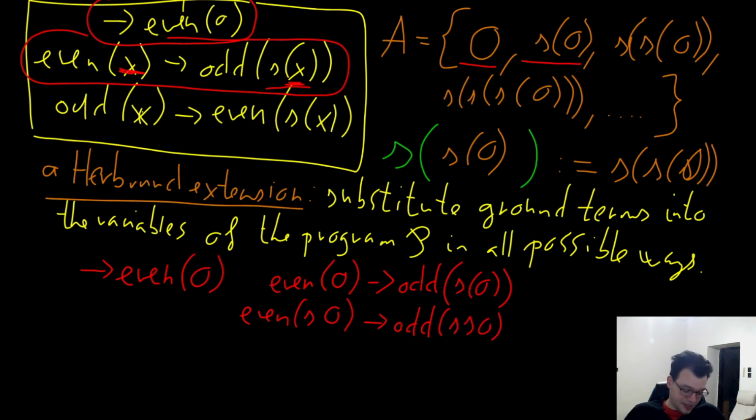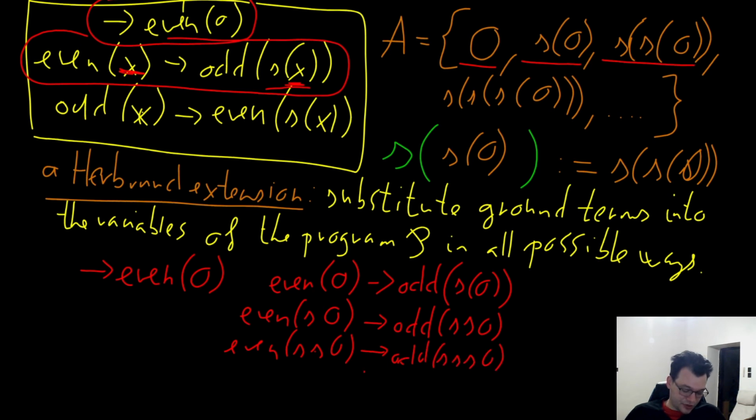And the third is, I'm just substituting this object here, the successor of 0 object being a ground term, because we are in a Herbrand universe. So it's s of 0, which implies the oddness of s of 0, and so on. By the "and so on" part, I mean that there is an infinite number of such clauses. And after I got this infinite number of clauses, I still have a third one, which, for example,